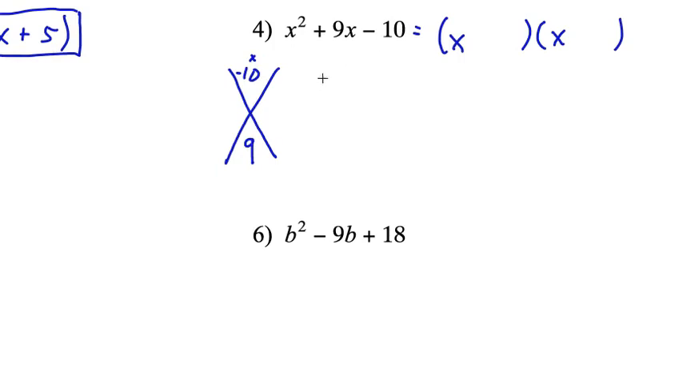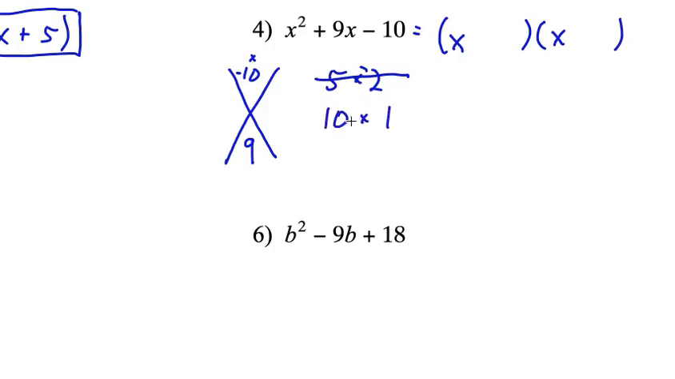Well, let's see. To get 10, we could do 5 times 2. In this case, we want the larger number to be positive because the sum is positive, so that would have to be 5 times negative 2, but that doesn't have a sum of 9. They do have a product of negative 10, but we won't have a middle term of 9x here. That doesn't work. Let's think of two other numbers that multiply to make negative 10. Well, we don't want to forget